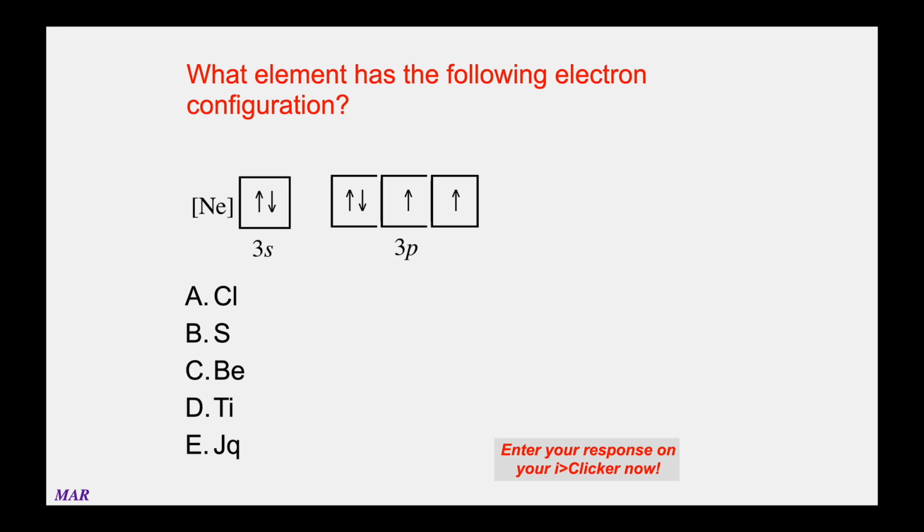I'm assuming you've worked on it. You want to see how you did, which is fantastic. One way to do this is just to add electrons. So neon is 10 on the periodic table. That means 10 electrons, plus 2 for 3s, 12, plus 4 for p's. That's 16 electrons total. So probably here the answer is going to be B, sulfur, because sulfur is number 16